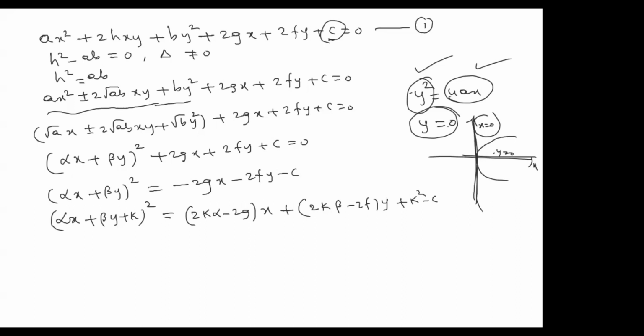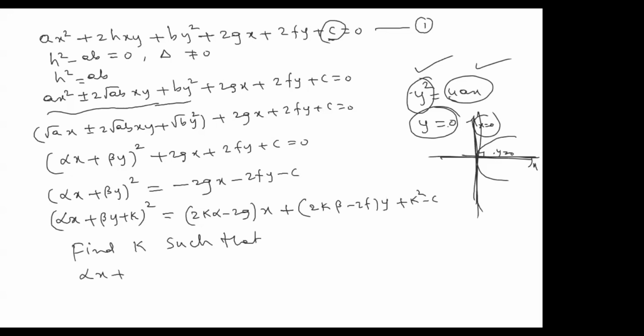Now here, alpha x plus beta y plus k equal 0 will use the what? Axis. And (2k alpha minus 2g)x plus (2k beta minus 2f)y plus k square minus c equal 0 will use tangent at the vertex. But they are perpendicular. So now we have to find out k such that these two lines are perpendicular. Right. Find k, right, such that